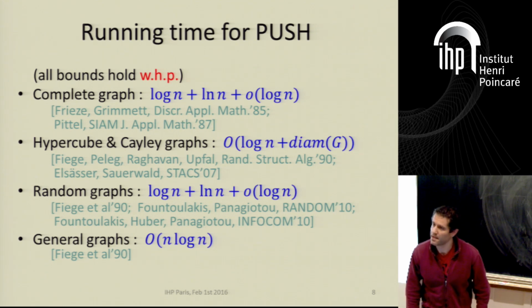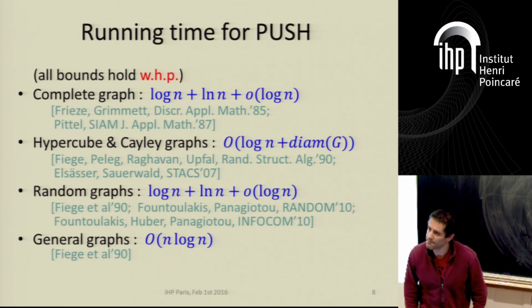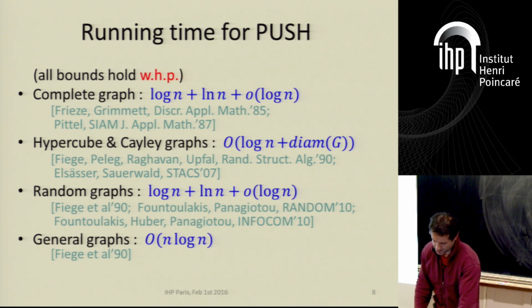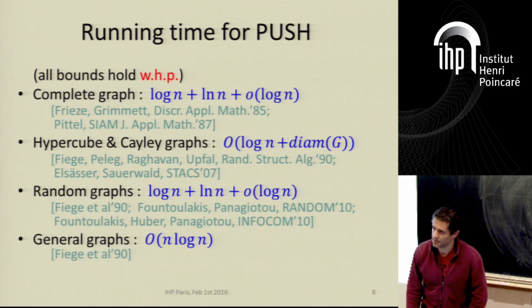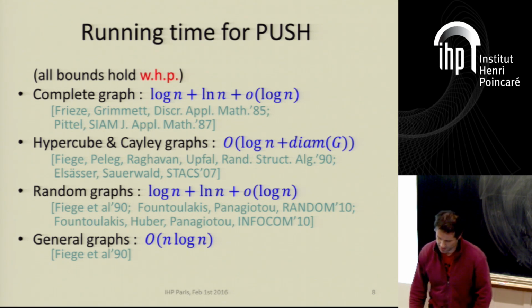Does this result hold also for expanders or only for the others? Which result? These are for these specific graphs, and this last result holds for any connected n-node graph. But do the results for random graphs also hold for expanders? Yes, in expanders it also takes log n, but I will talk about this in more detail a bit later.